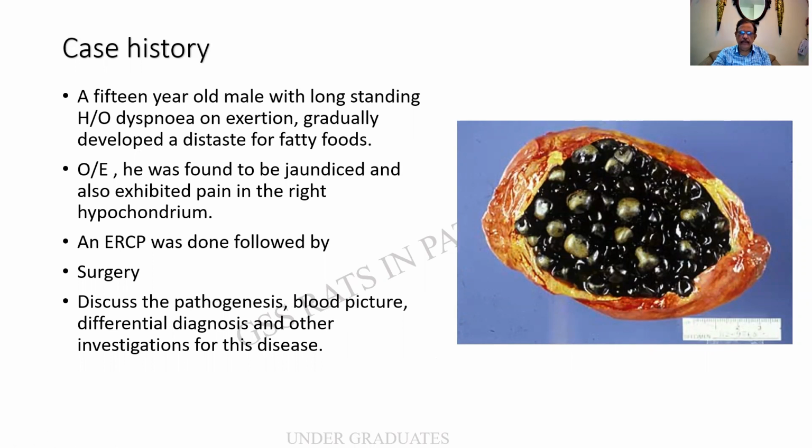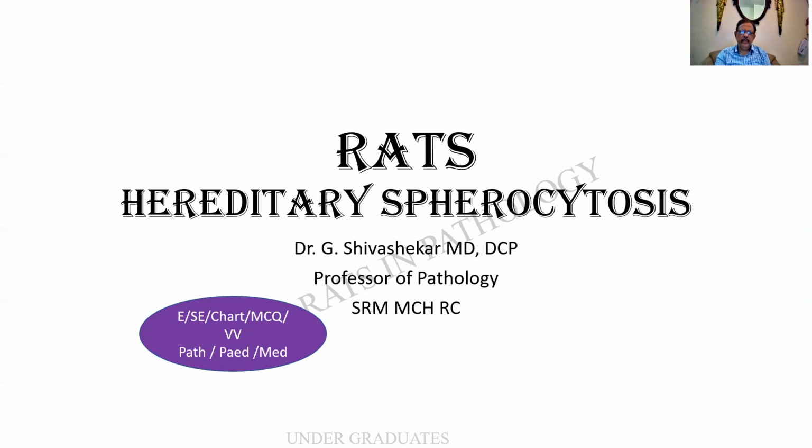I'm sure you people would have made the diagnosis, and it is hereditary spherocytosis. A catch in this: it is a disease of a young child, maybe 3 years to 5 years, but sometimes it takes a longer time to manifest. So have that in mind. And also there is a differential diagnosis, which we shall be seeing later on. The importance of this topic is given in the enclosure.